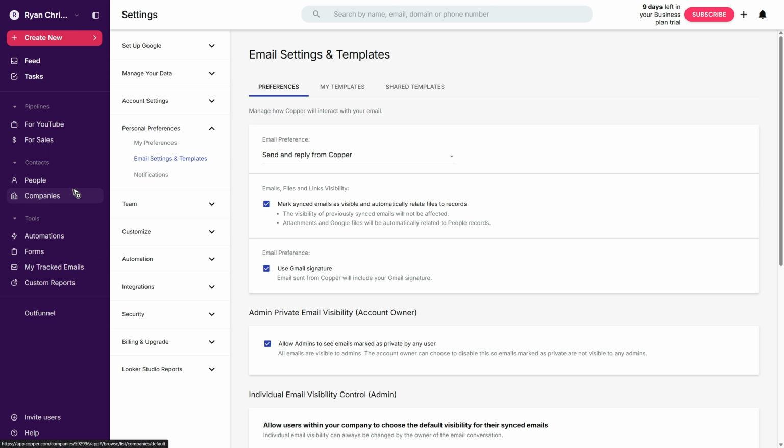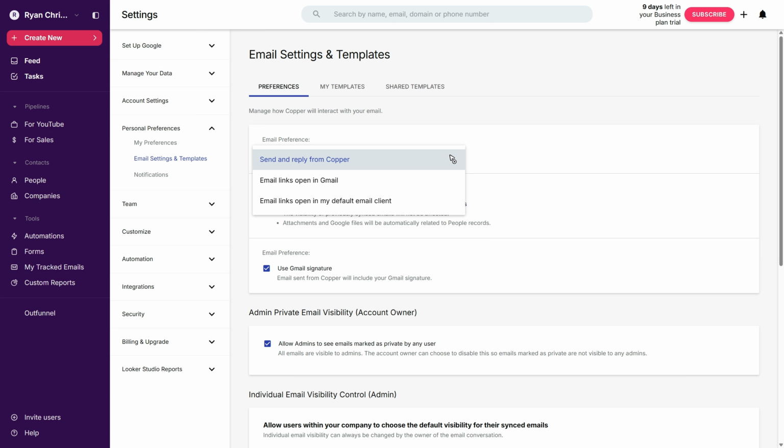Okay, click on it, and here as you can see under preferences, we are not going to talk about templates or shared templates. If you want to know how to create a template, we have a step-by-step guide talking about it. Just go and find on our channel a video called How to Create an Email Template in Copper CRM. So going back to configure email settings in here under preferences, just click on this drop